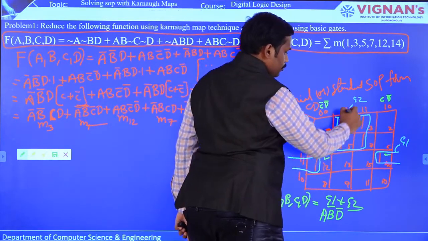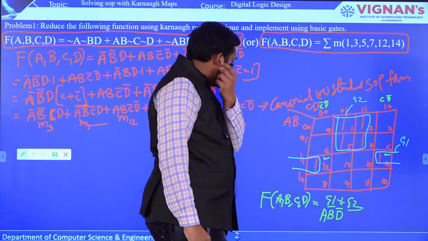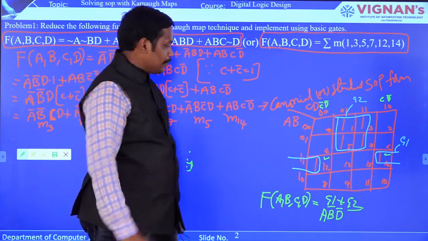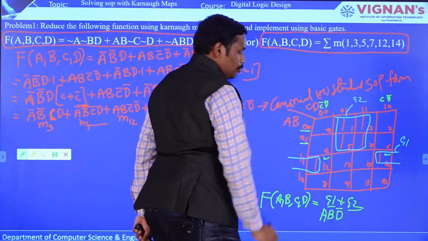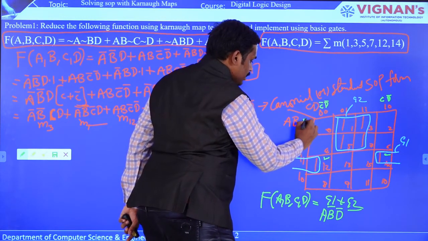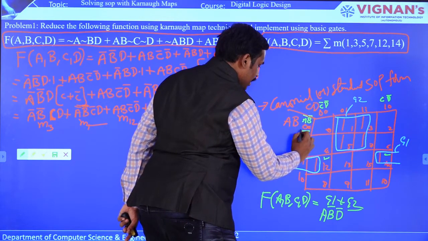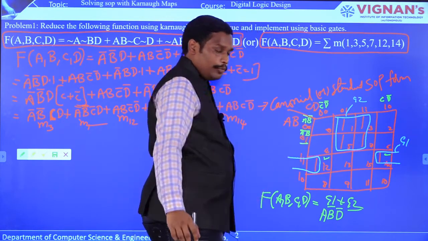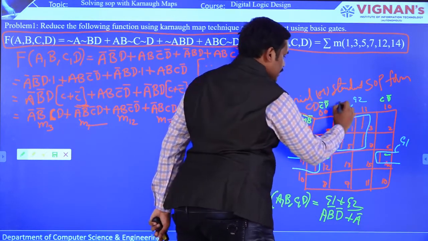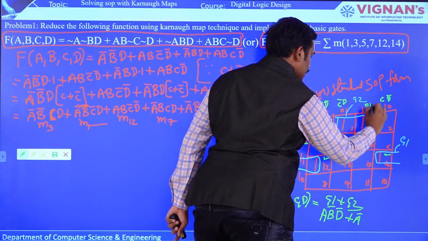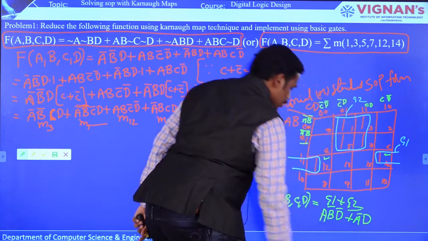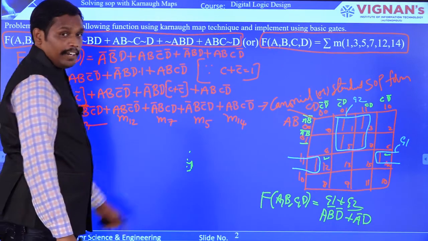And now we'll see group 2, which is a quad. In that quad, you can see 4 ones are there. For that particular quad, we can derive an expression. Here you can check these 2 are common for row, and in this also A bar is common, right? Because this is A bar B bar, and this is A bar B, in which 0, 0 is common. So we'll take A bar, and for group 2, column wise if you compare, this is C bar D and then C D, so where there is 1 common, that we are going to write, so that is D. So this is the final expression that we have derived for the SOP.